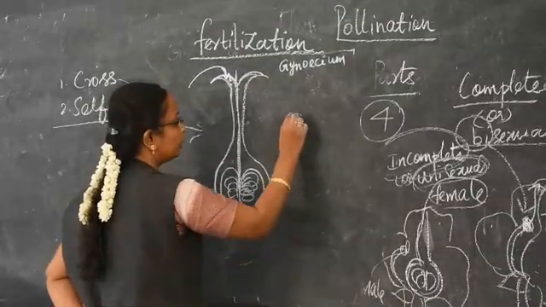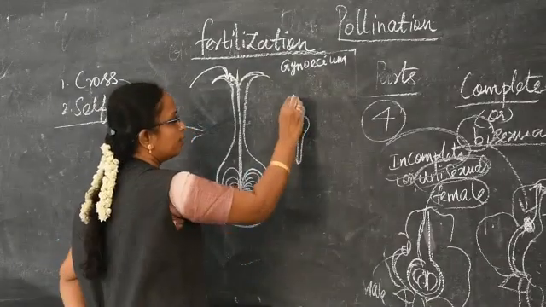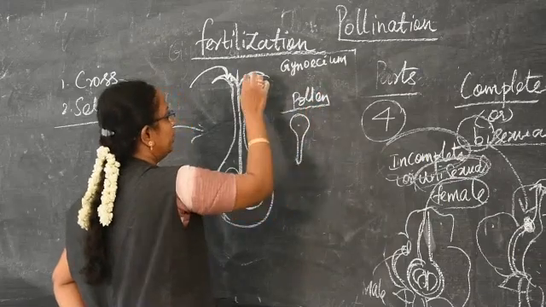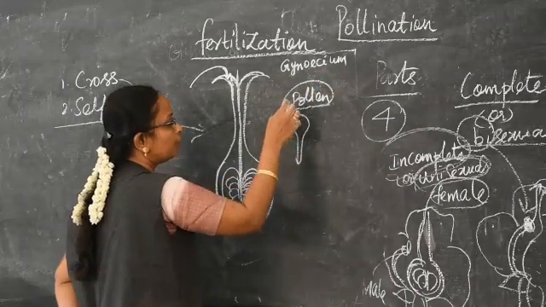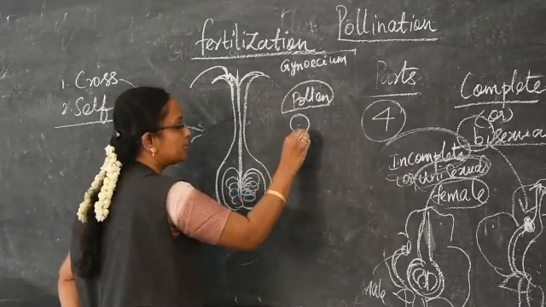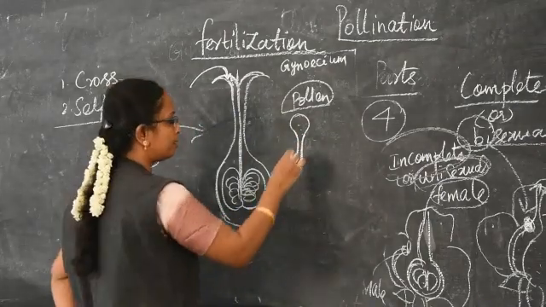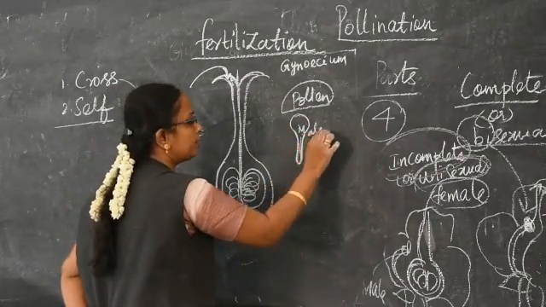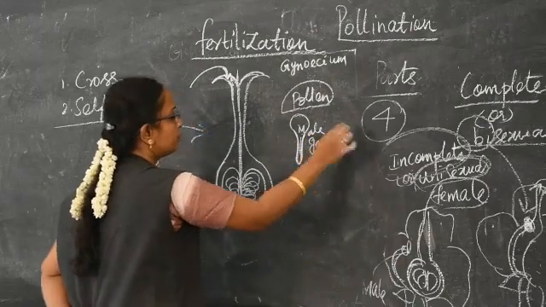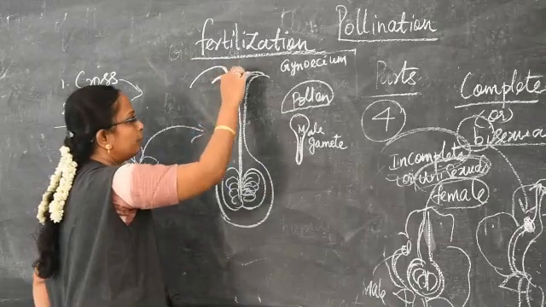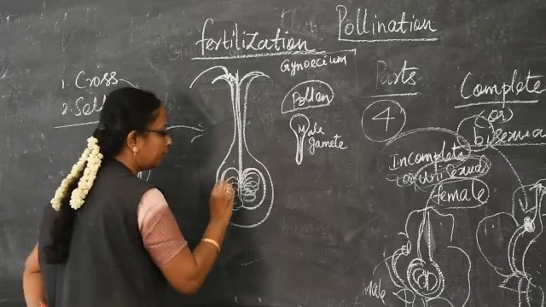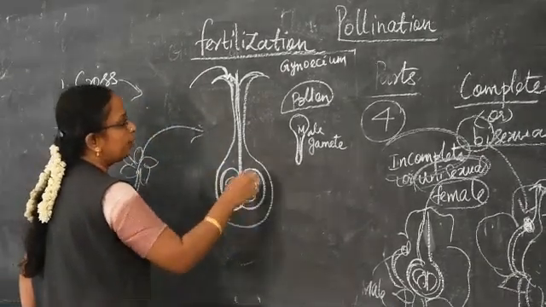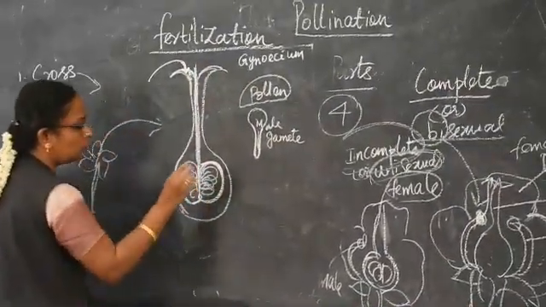After that, what will grow? It will grow some tube-like structure. When the pollen grain falls on the surface of the stigma, the stigma helps the growth of the pollen grain. After that, it will develop a tube-like structure. What is present inside the tube? The male gamete is present inside the tube. This male gamete is carried by the style and then it reaches inside the ovary.